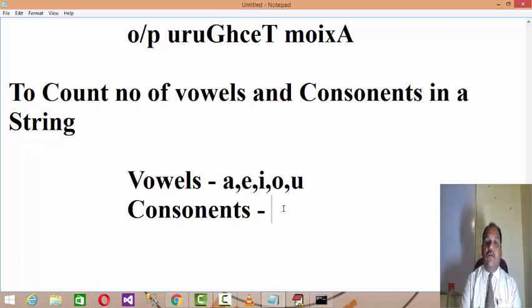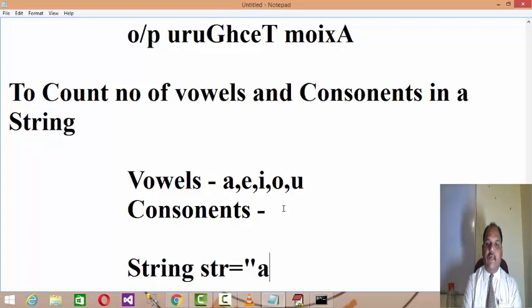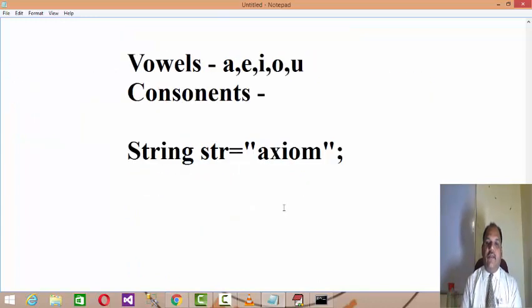So first of all, let's say you have a string called Axiom, right, and you want to find out the total number of vowels and consonants available in this particular string. Here, A, I, O and M, these are the vowel characters.